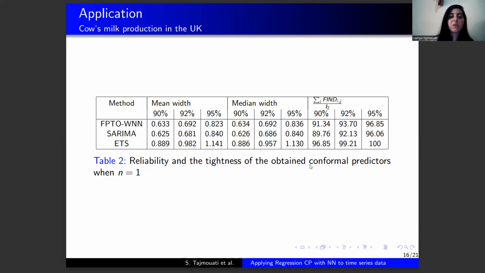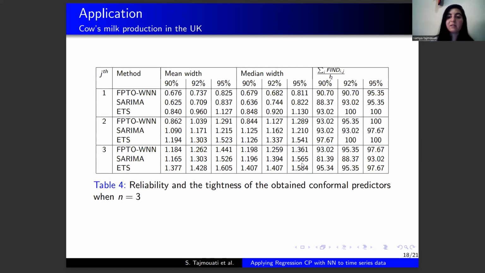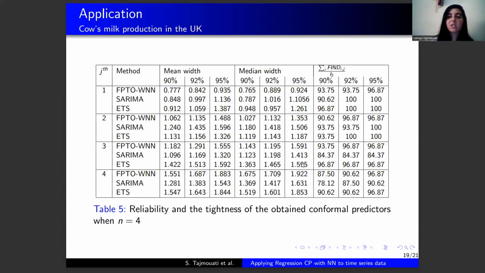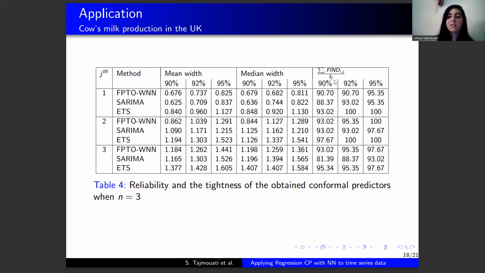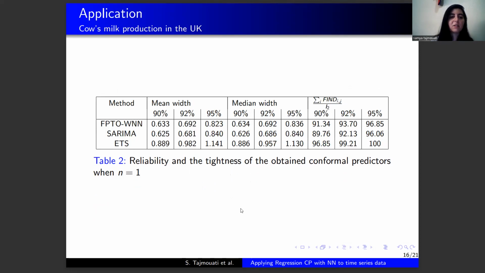One can see from these tables that for each component, the percentage of examples contained in the predictive intervals is high and sometimes exceeds the confidence levels. That is to say that conformal prediction is valid in the context of time series, and in general, the